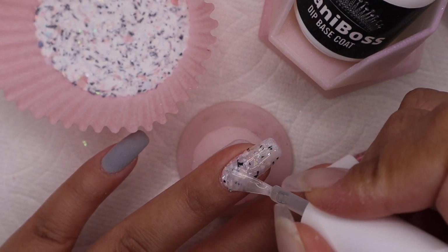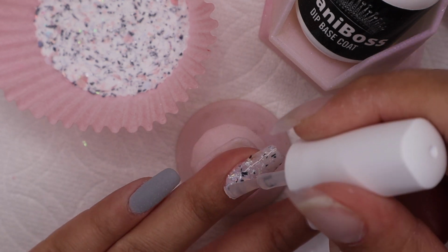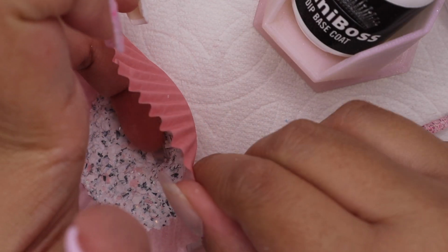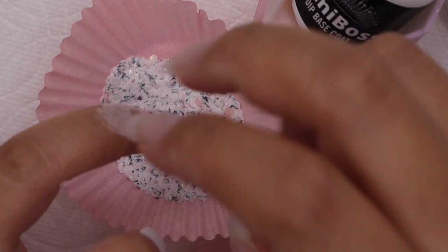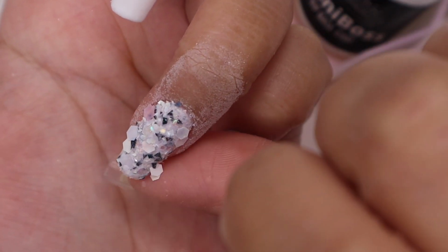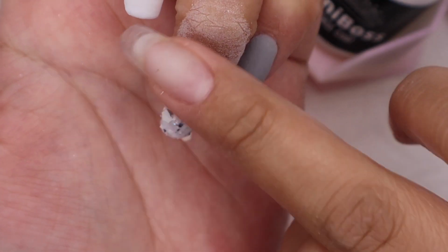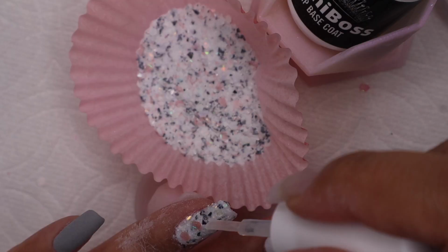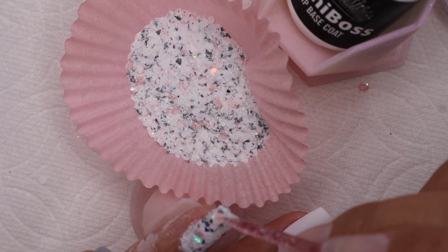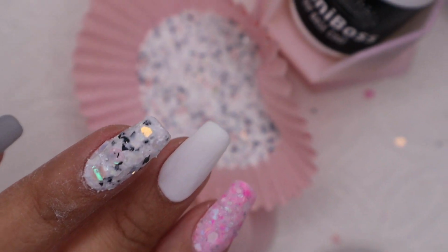And then I am now applying my second and my last layer. So again, I am applying dip base, and I will just do the same process. Alright, so now I am just adding some dip base and putting some pieces of glitters in the area that I like. So I'm just going to let this dry, and then after that, I can now dust off any